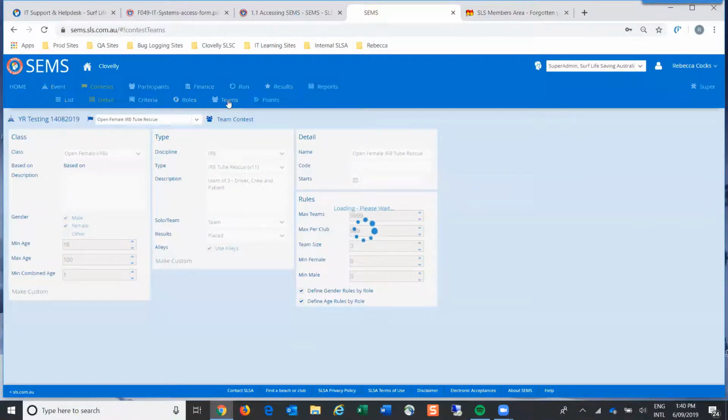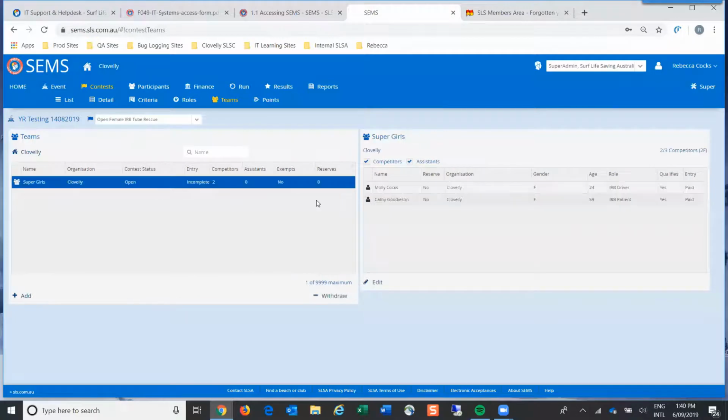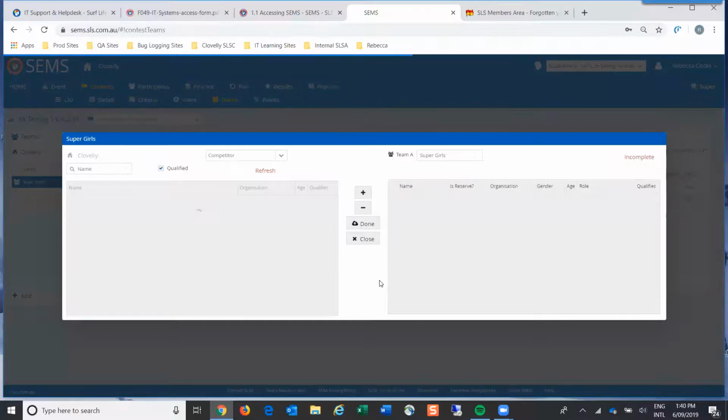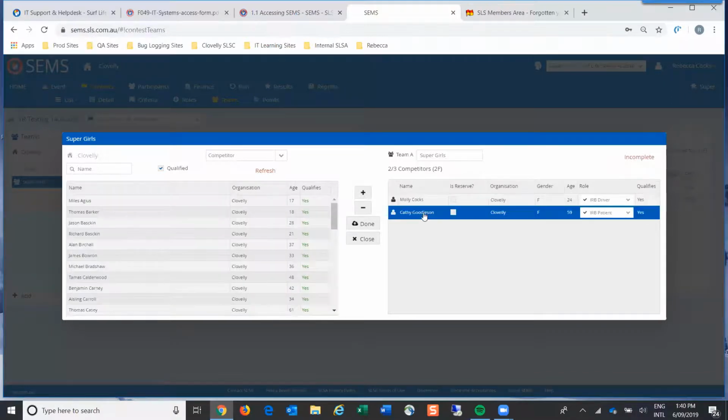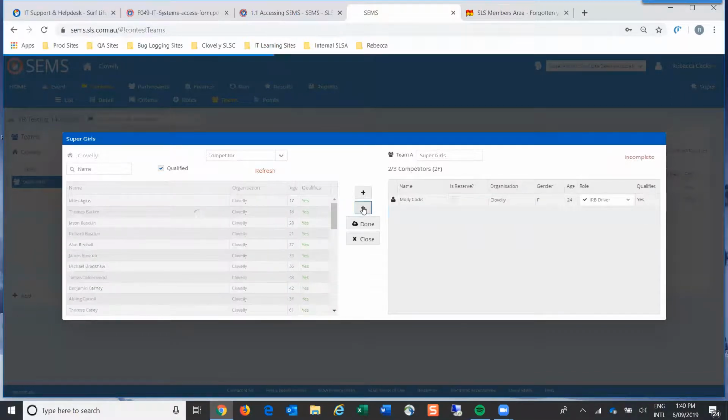Okay, I look at the team. There's been an injury, so unfortunately I have to take someone out. I just highlight the actual team that I've got to edit. I can click the edit button and then click edit, and then it will enable me now to remove the injured participant, and if necessary, add someone.